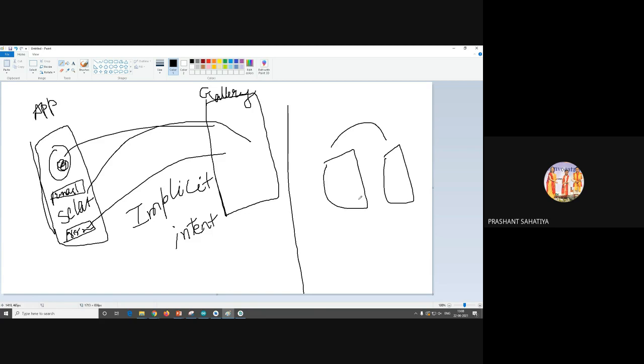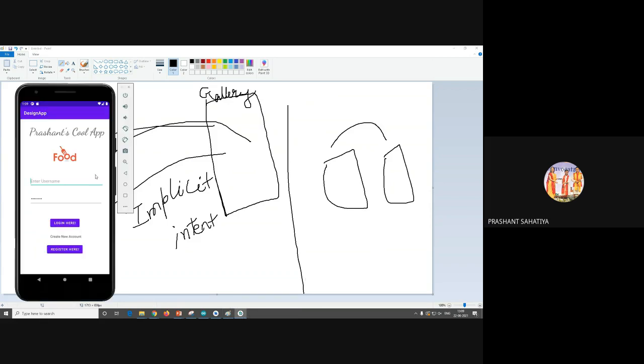Okay, wait, I'll show you, just a minute. Let me practically show you what is this implicit and explicit intent, if it is possible.